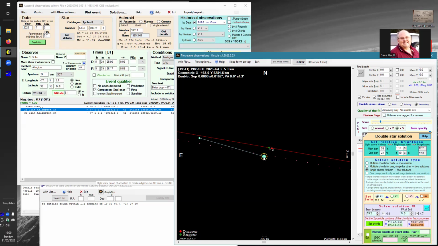Now, when you get pretty close, you'll be able to use this find best fit button to fit the chords to the northern limb. Now remember 63 and 79. So that's the easiest thing to do. So once you've fitted it, click, click, click, click. It's done. You now choose the second solution. We're back to what we had before,